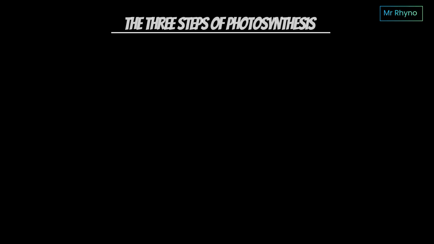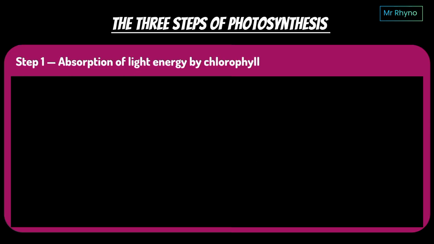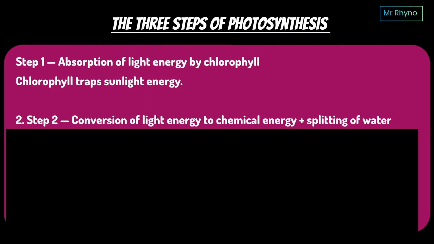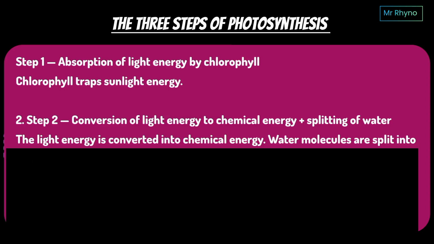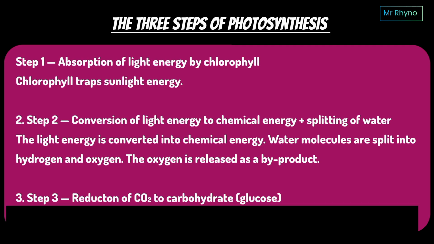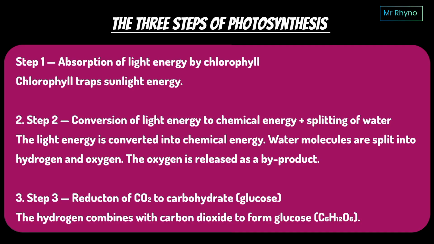Now let us go ahead and look at the 3 steps of photosynthesis, and this is very important. Step 1 is absorption of light energy by chlorophyll. Chlorophyll traps sunlight energy. Step 2 is the conversion of light energy to chemical energy plus splitting of water. The light energy is converted into chemical energy, water molecules are split into hydrogen and oxygen, and the oxygen is released as a byproduct. And the last step, step 3, is reduction of carbon dioxide to carbohydrate, that is basically glucose. And here the hydrogen combines with carbon dioxide to form glucose, which is